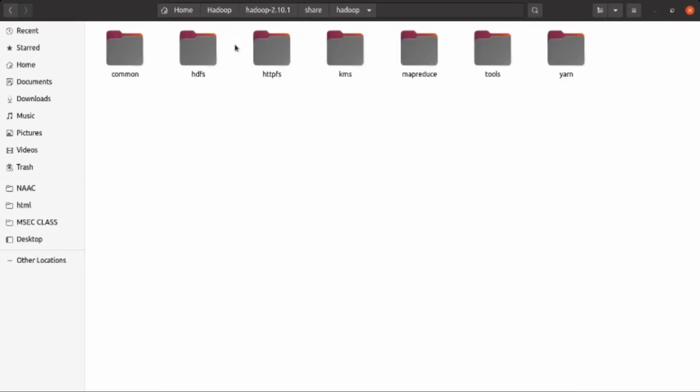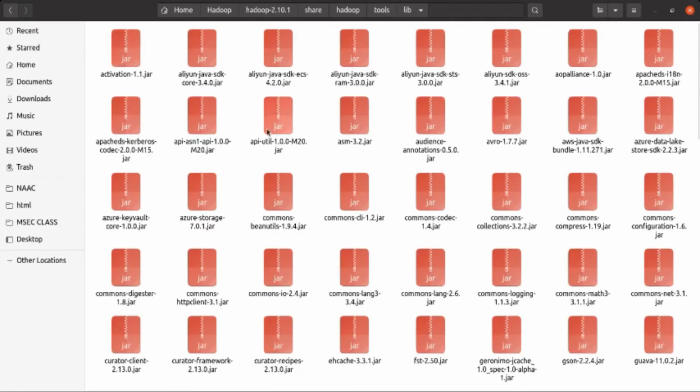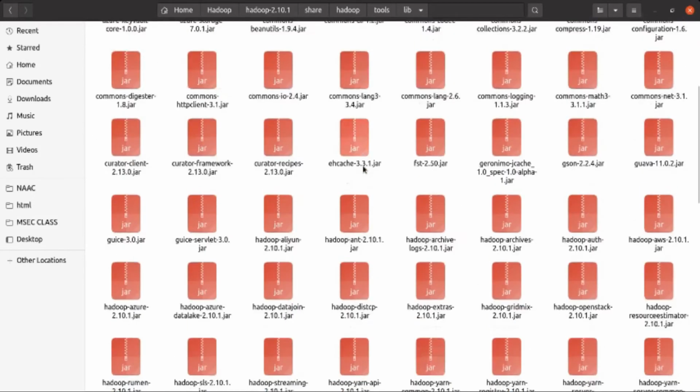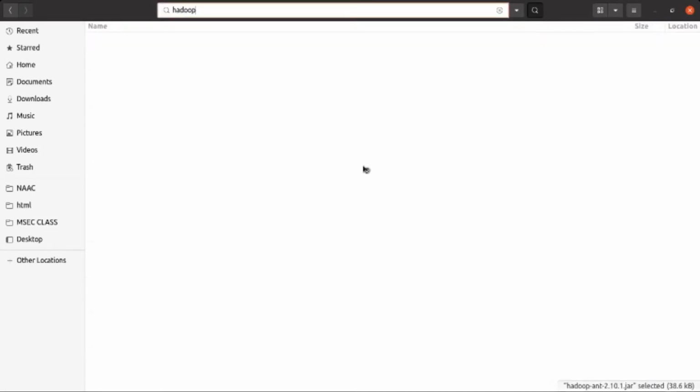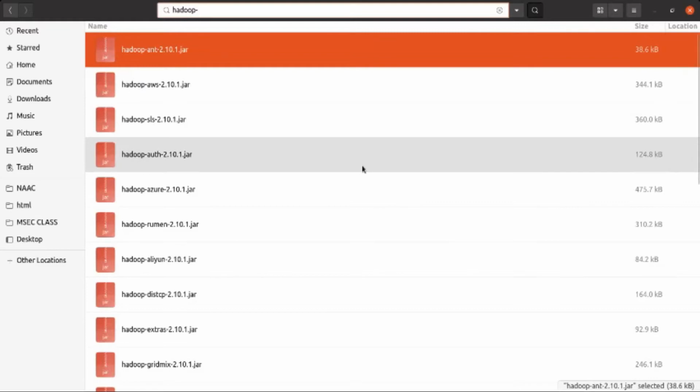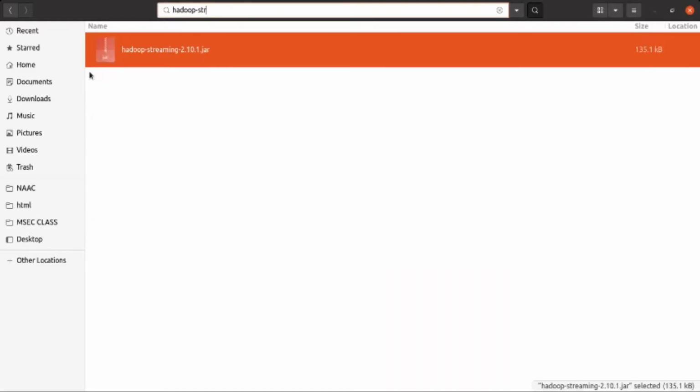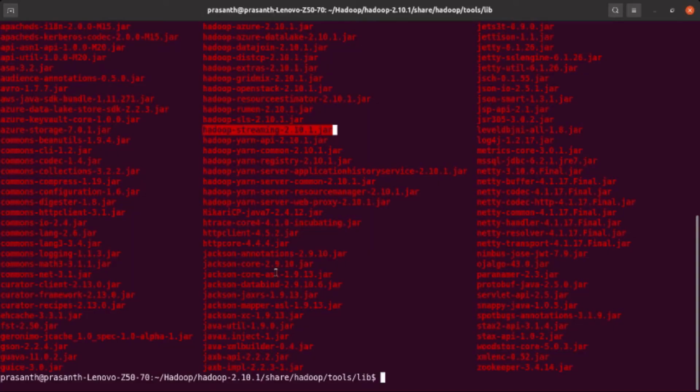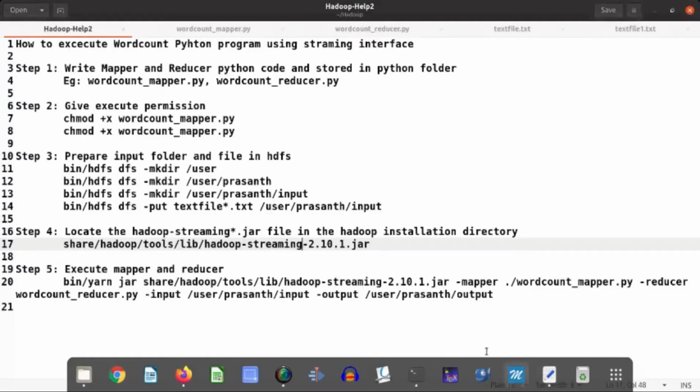Under share/hadoop/tools/lib this file is there. You can see hadoop-streaming-2.10.1.jar. We will include that file in the compilation and running of the MapReduce word count program. That is the fourth step.